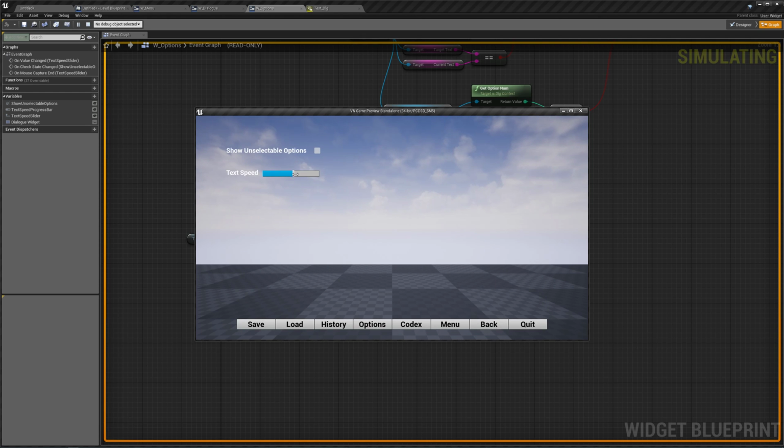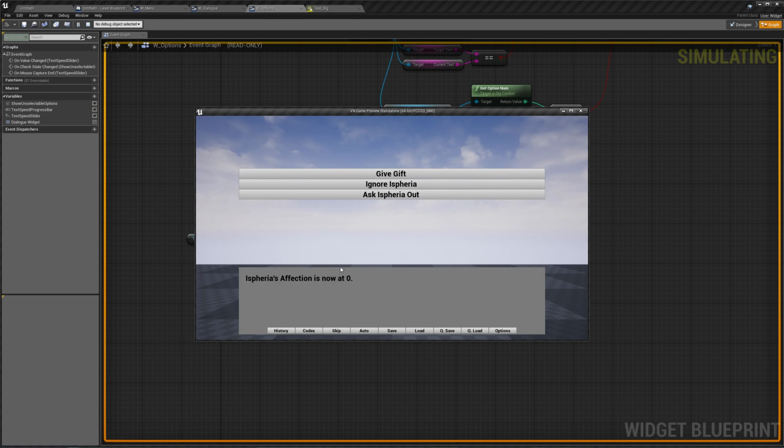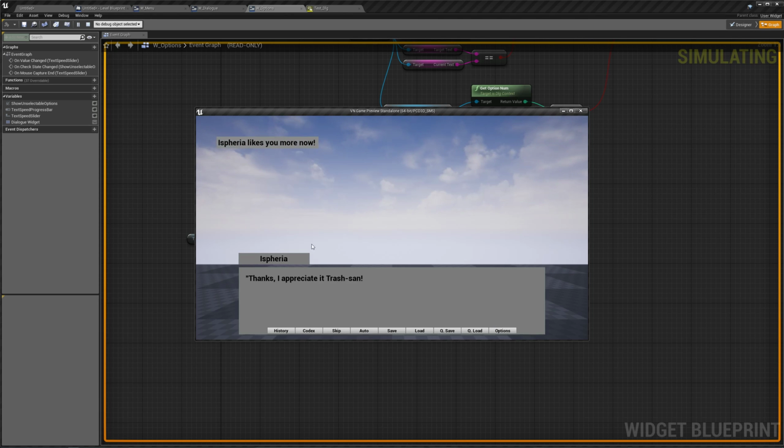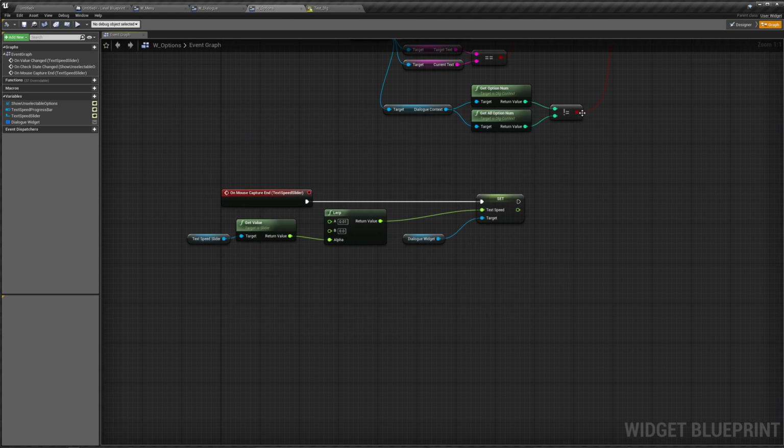Okay, so that's another issue we'll deal with later. If we change this to be something closer to our instant, we'll go back and do the next one. Now it just types out a lot faster than if we were to change it to be at the bottom. Back and give a gift. You'll notice that that's noticeably slower. I think that's still a little too fast though for the slowest speed, so let's go